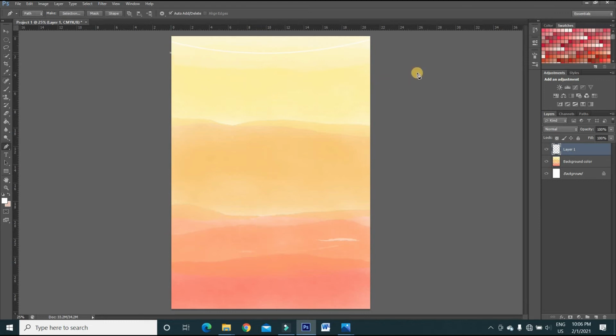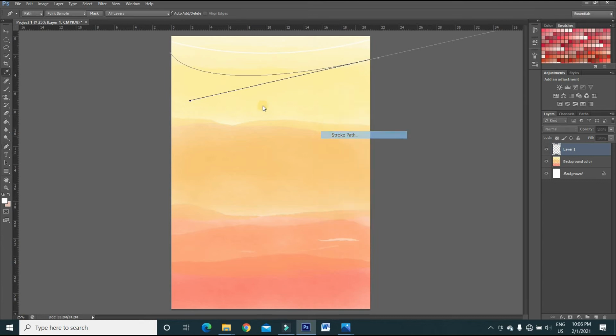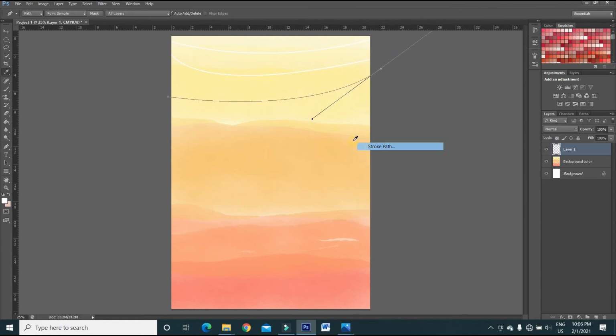Now again we are going to create such random lines here as well. So create a point, press and hold the left click button and just move the mouse to create a curve like this. The more you move, the more curvy the line will be. And then release the mouse and right click and choose stroke path, press enter to create a line. So similarly we are just going to make lines like this, stroke path, OK.